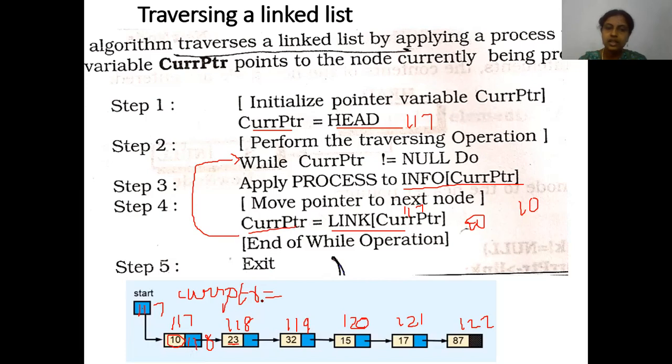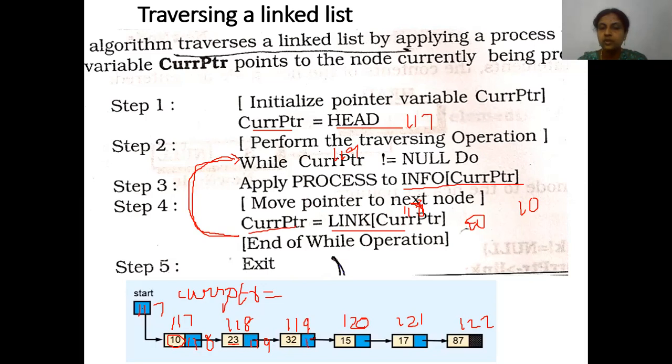No. Since it is not null, it has to move to the link of the current pointer. The current pointer is 118 now, so the link of 118 is 119, the next address. Now it will check. Once again, it's a while statement, so since the condition was true, it will go up again. This time the current pointer value is 119. With this value, it will check whether the info part of 119 is null. No, it is not null, so 32 will be taken. Since it is not null, it will take the info part of 119.